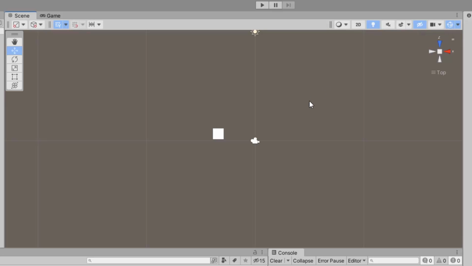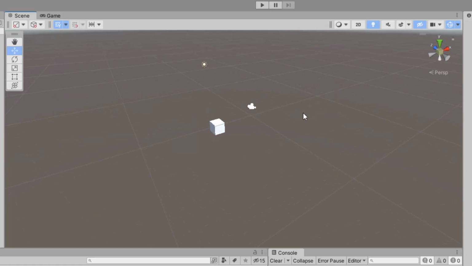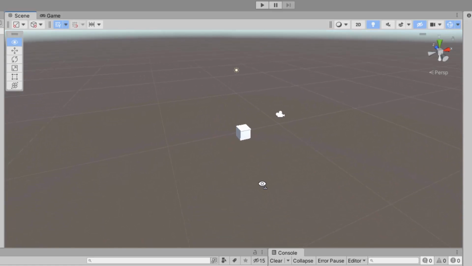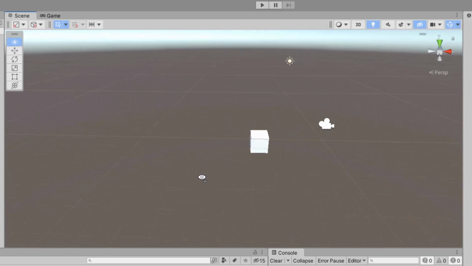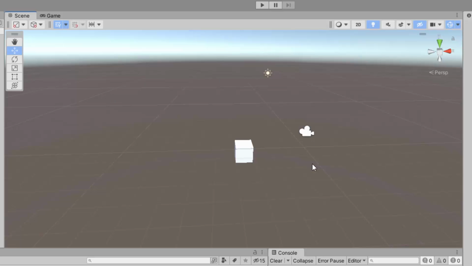And also what you can then do is hold down middle mouse to sort of drag the camera around whatever plane your camera is facing. So for example, if I'm on this rotation, I hold down middle mouse and drag, and it just pans the camera left, right, up, and down, okay? So we can then click that cube again to go back into perspective mode and bring back our depth like so. And yeah, that is just a few of the controls that we can use here inside of the Unity scene view to